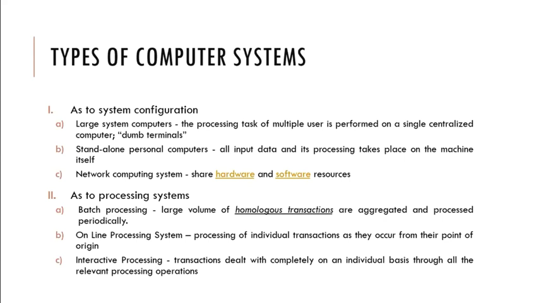And then we have the dumb terminal. So imagine, let's say we belong in one department. Each of us has computers. When we try to process information using our computer, for large system computers, the database and the processing are not on our own computer but rather on another hardware in the other department.